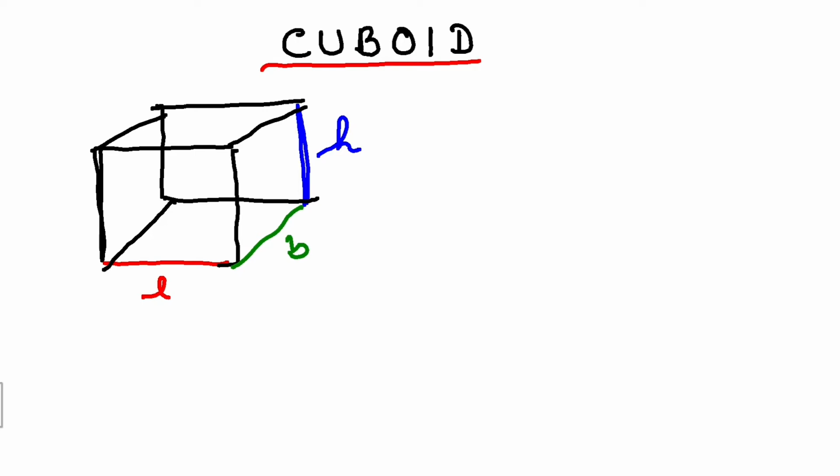and if I have to find a total surface area of this cuboid, I have to take the area of all the 6 surfaces. Alright, so that is typically written as total surface area or TSA. So my TSA will be area of all the surfaces.